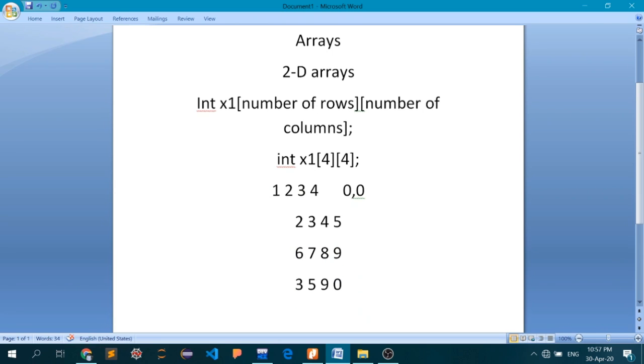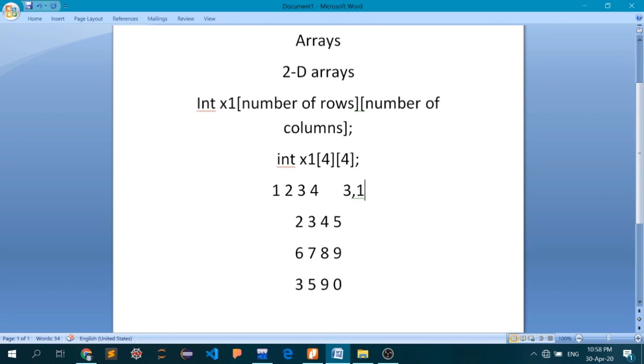So the row index will be 3, and for the column: 0th column, first column. If I want 5 to be identified, then it's going to be 1. So the index of this particular element is 3 1. Sorry, 3 1.